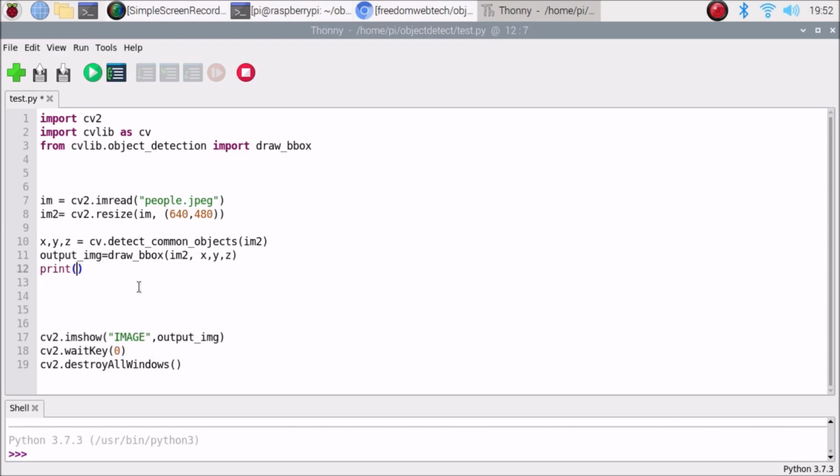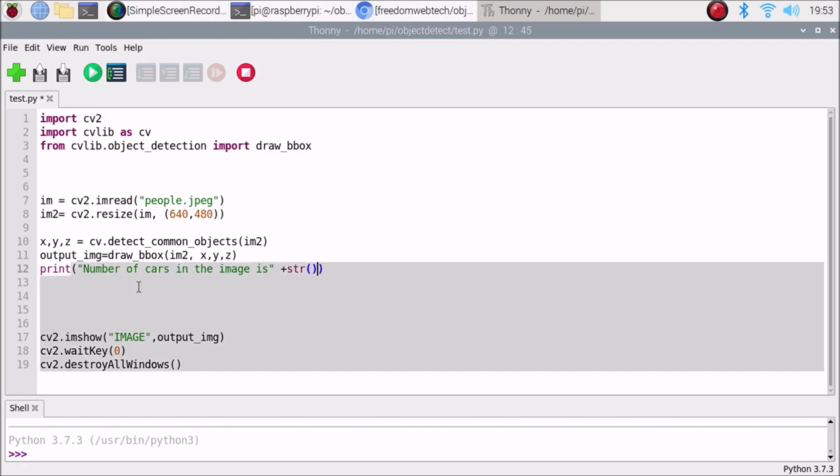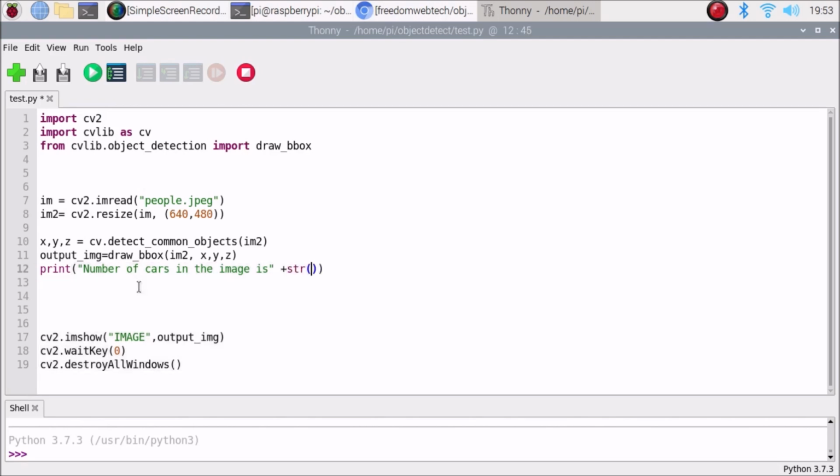Then what we are going to print here is: number of cars in the image is, plus str, and here we are going to mention the y, because y is just our label.